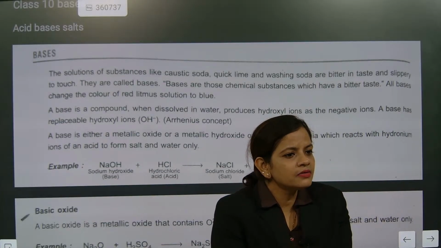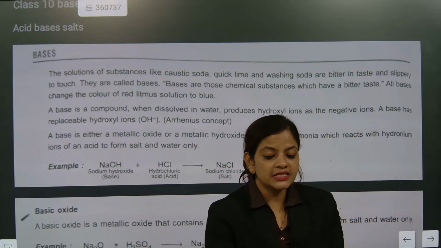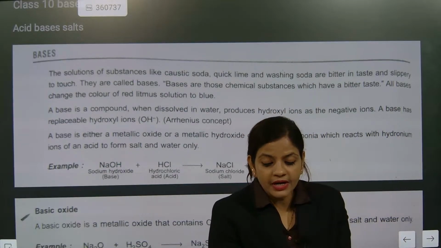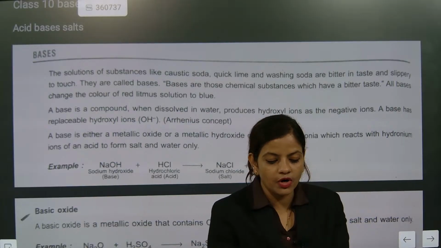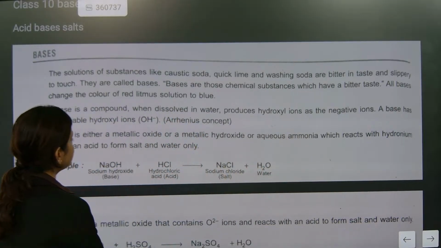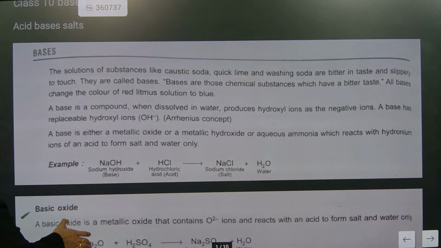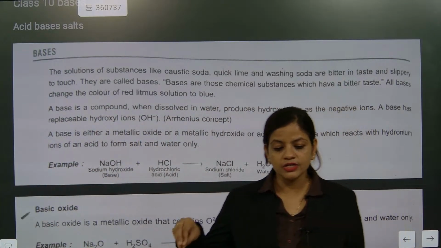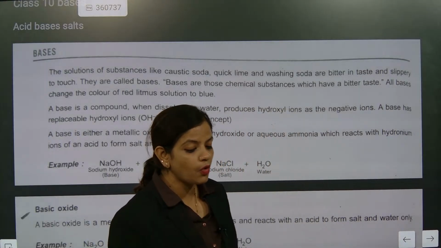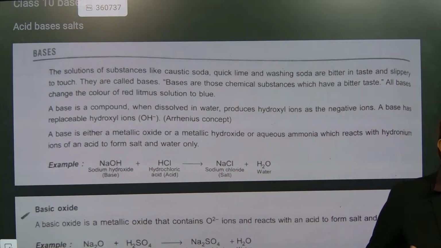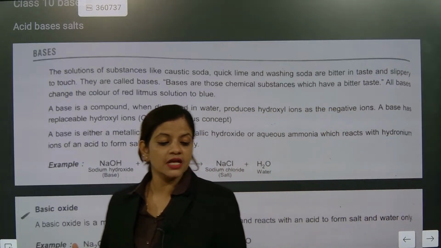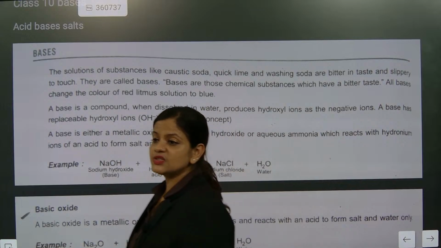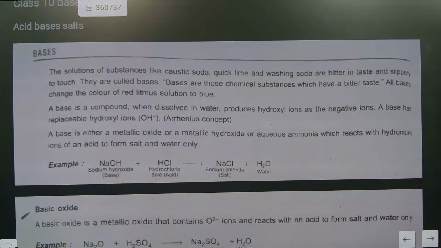they are soluble in water. Very good. So the bases which are soluble in water are different. They will definitely dissolve in water. So the Arrhenius concept is very, very simple. Arrhenius told that when acids are put in water, they will ionize into plus and minus. And when they release H plus, it is called hydronium. And when a base is added to water, it will release OH minus.